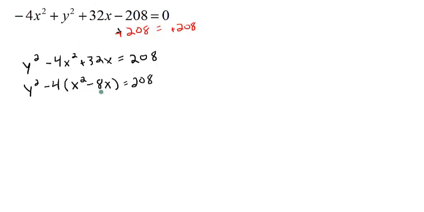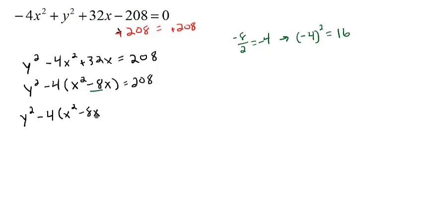Let's work to complete the square. So I take my b term right there, which is negative 8. I divide it by 2, which gives me a negative 4. And then I square that negative 4, which means I've got a 16. So that's what I'm going to add in. Let's rewrite it. y squared minus 4 times (x squared minus 8x, plus I'm going to add in my 16),